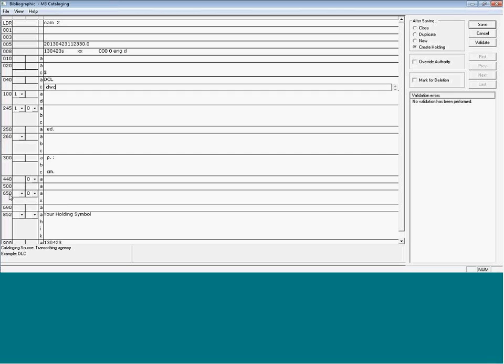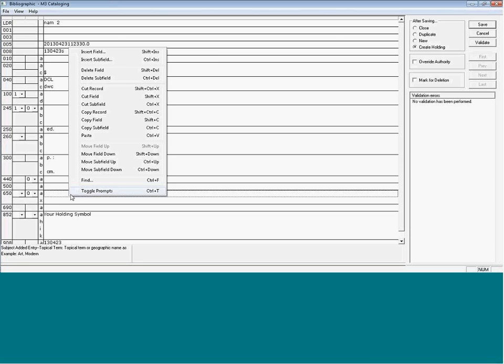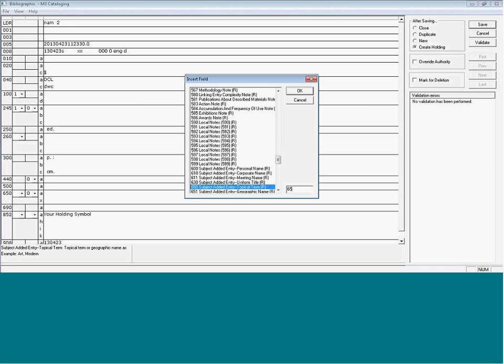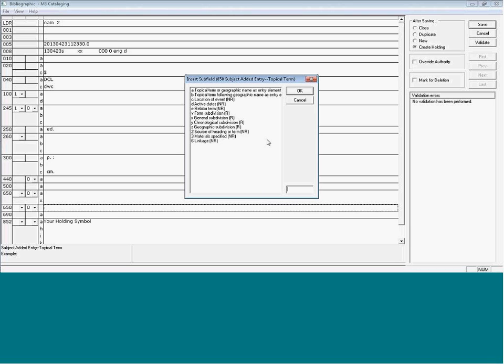I've got one subject heading here, the 650. There's space for one, and then there's space for a 690, a local subject heading. If I had more subject headings, I always want to have at least two. Then I could insert field, and another 650,